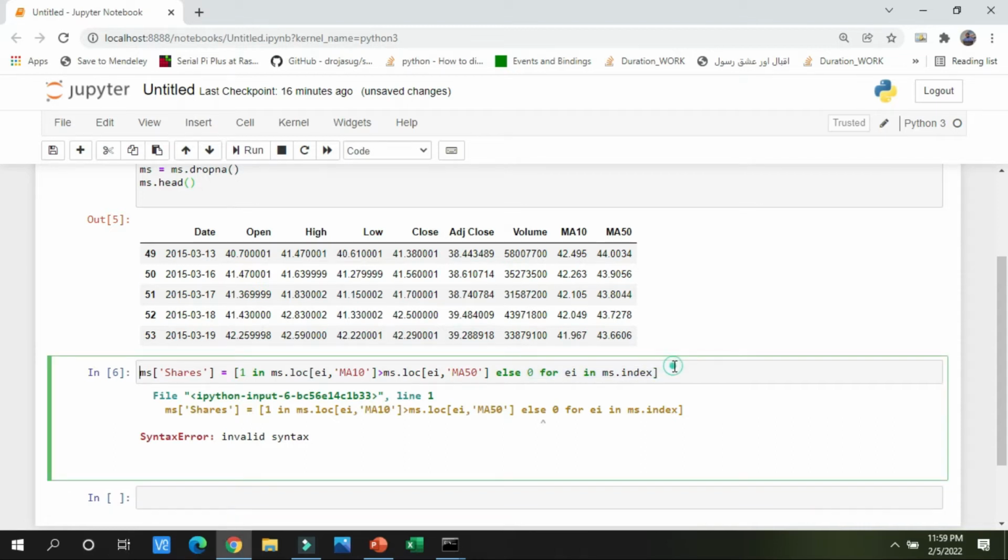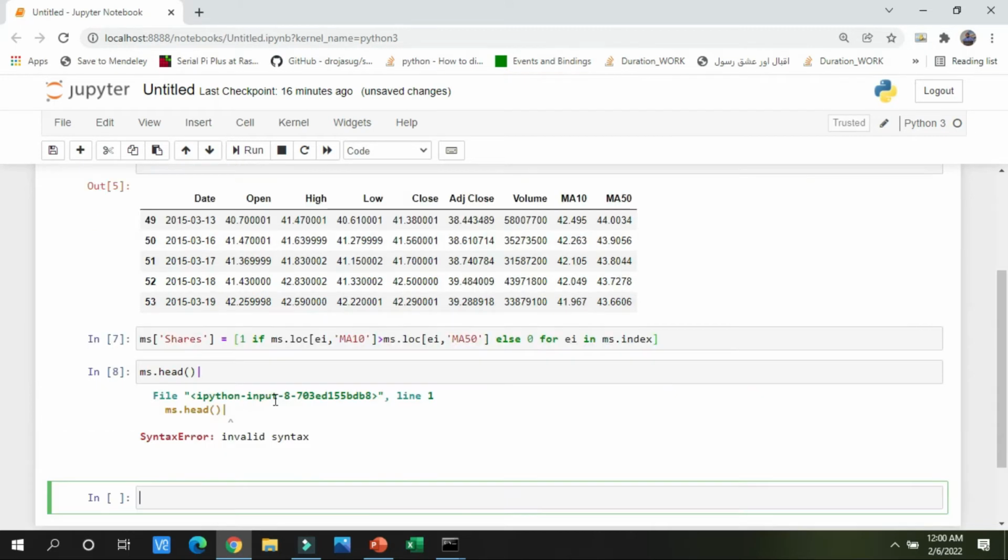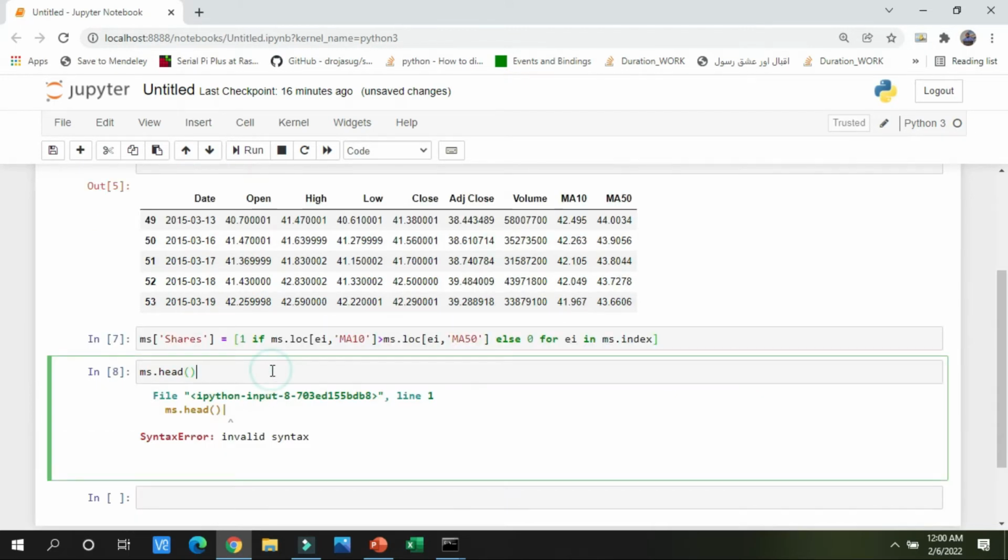We have made a major mistake here. We have to write: if ms.log greater than fb.log, and let me run it now and check whether it is working. Yes, it has worked, and now I will see the output. Okay, so sorry, remove this line.